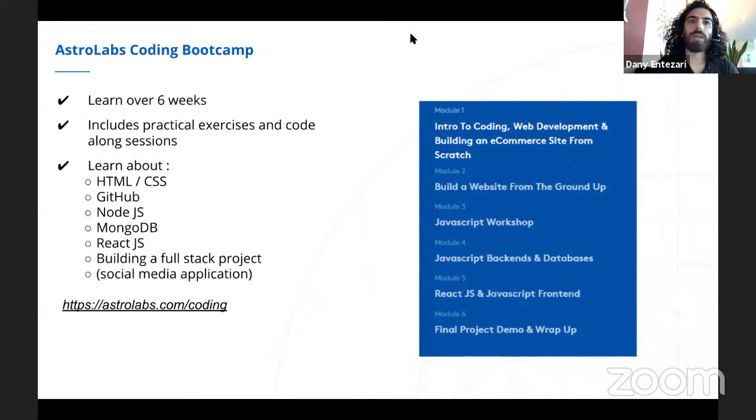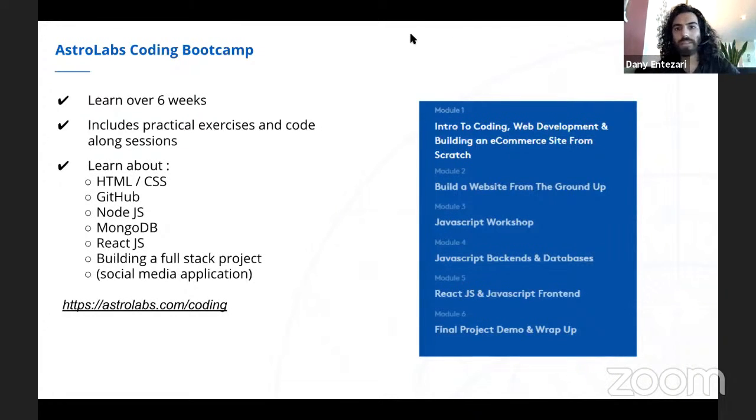But at the same time, people who have no experience whatsoever will be able to progress in such a way that they will start the bootcamp not having written a line of code, but by the end of the bootcamp, they will have completed a full stack application written in JavaScript.